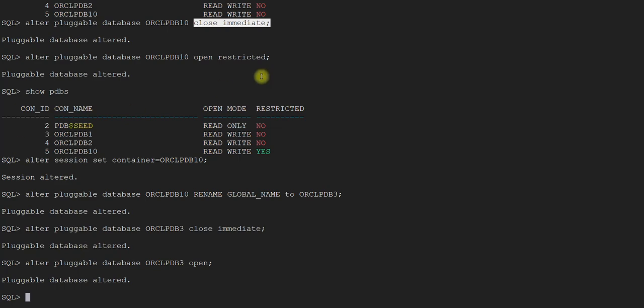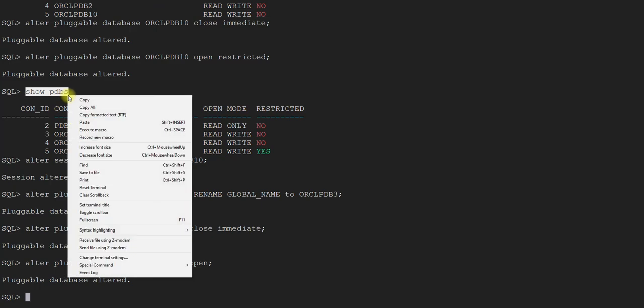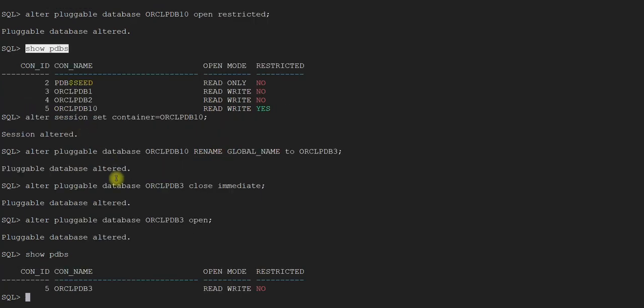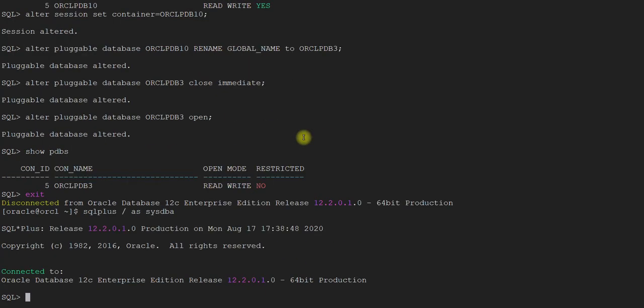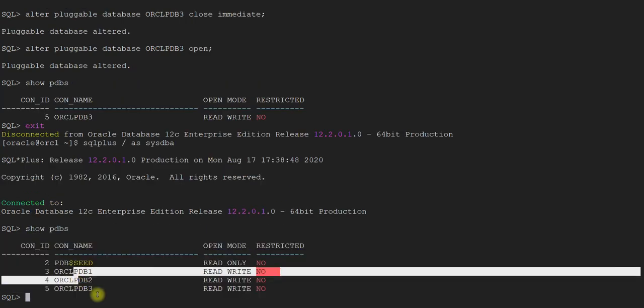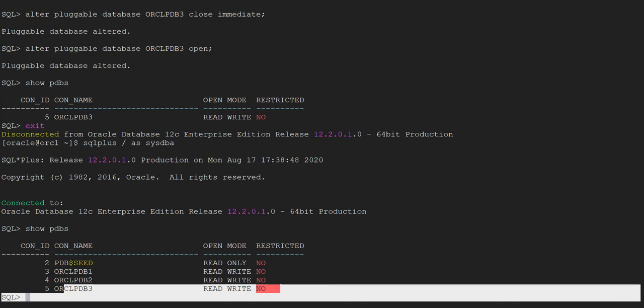Good. Now check the PDBs. It should not show the restricted mode as yes. Good. And now exit out of it, connect in SQL*Plus and show pdbs from the root. Perfect. Now you have changed the database name as well.